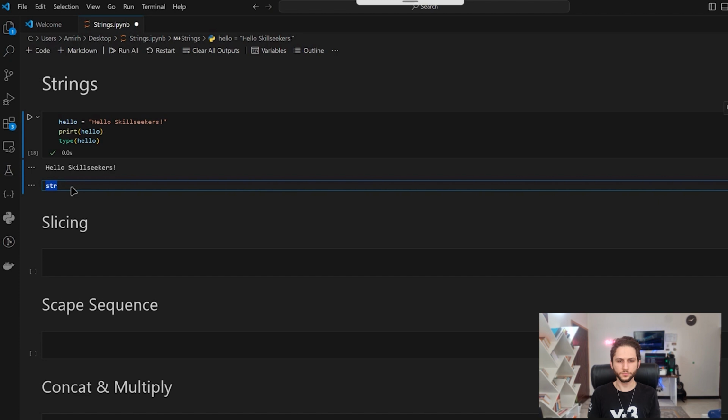Okay, so a string is a sequence of characters, and we can include any numerical characters too. You see, and I try to run it. My string is hello skill seekers exclamation mark 476 3 and so on. But it is a string because it's between two quotation marks. Okay, let's